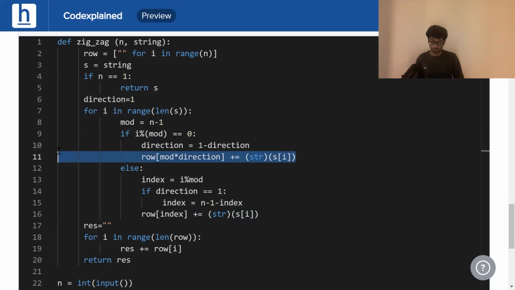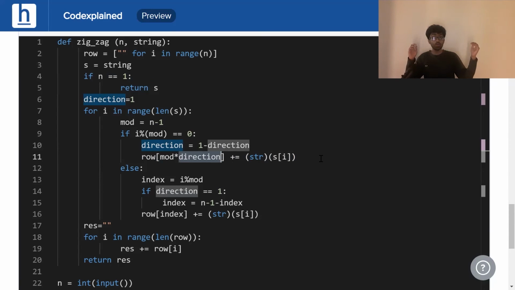Following that, we're going to append s of i, that is the character we're currently at, to row of mod into direction. So if our direction is 0, that is we're going downwards, we're going to append it to row of 0, the first row. If our direction has flipped from down to up, we're going to append it to the last row, n minus 1.